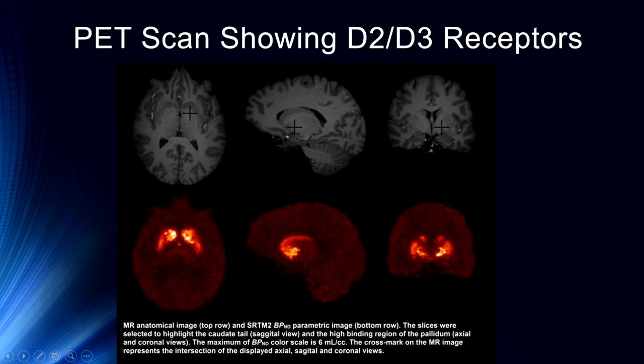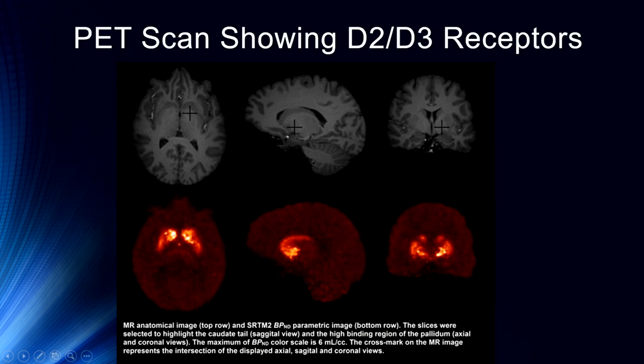So this is a nice scan, much more detailed than you often get with these kinds of images. Here you can see dopaminergic D2 and D3 receptors in the caudate. And it really shows you a nice lighting up, in particular, of the density of these dopaminergic receptors in those basal ganglia, which are responsible for motor functions and also the reward pathway, nucleus accumbens. You can see the substantia nigra here at the top of this right, sort of the midline of the right